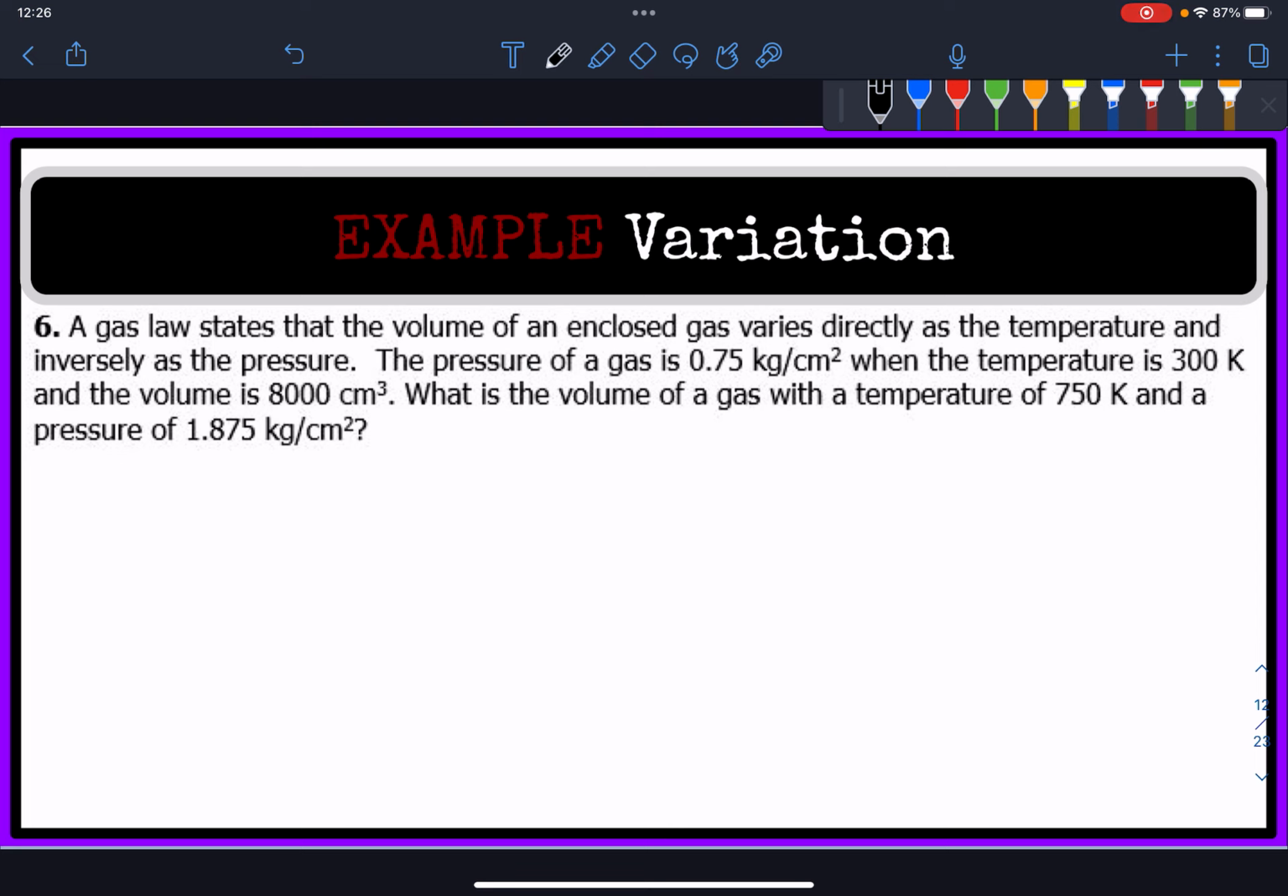Now let's look at an example of a variation where we can combine a direct and an inverse variation. A gas law states that the volume of an enclosed gas varies directly as the temperature and inversely as the pressure. So the volume of a gas varies directly to the temperature and inversely